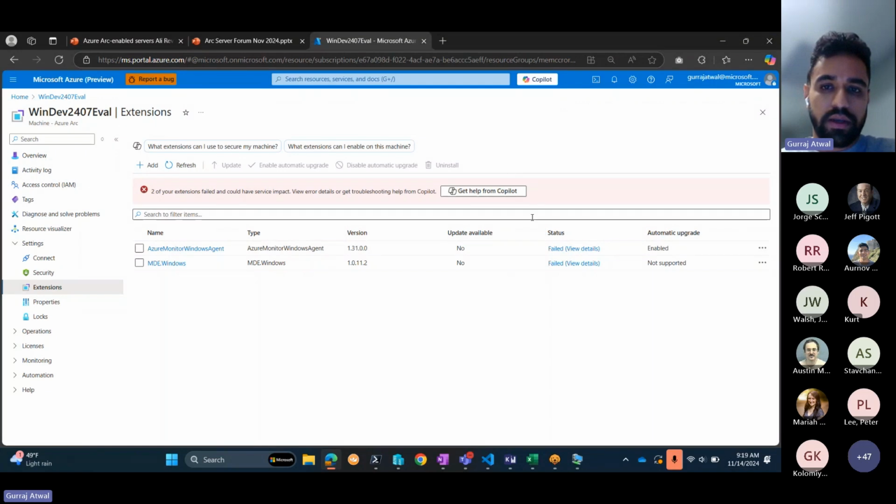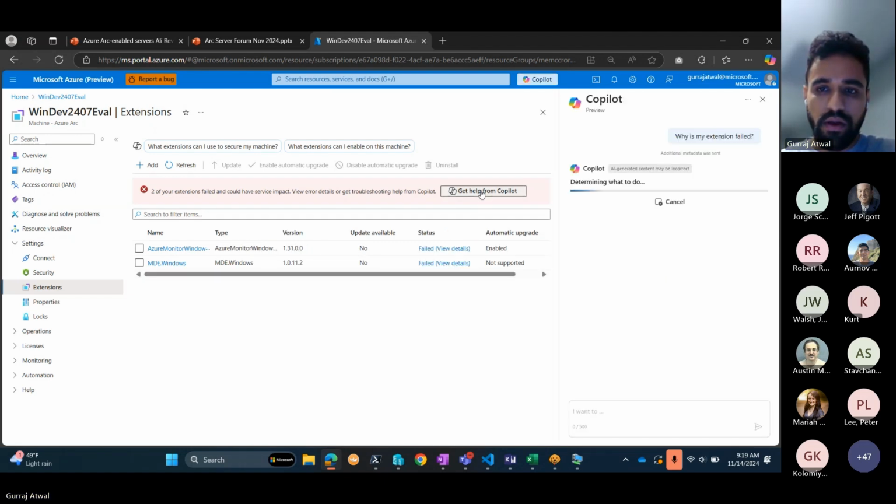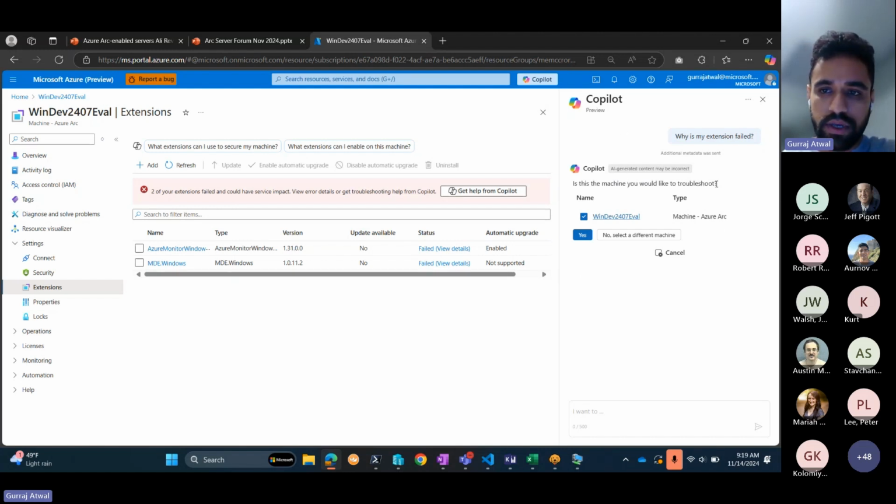So if you click this button, it'll ask Copilot a question that will trigger the new handler that we've implemented. So let's go ahead and click that. At this point, the orchestrator is trying to figure out which handler to invoke, and it's invoked our handler. So the first thing we ask is, is this the machine you'd like to troubleshoot? Because you're on this machine, we're inferring which machine you're talking about, but if that's not the case, you can click the No button here and it'll open a resource picker,